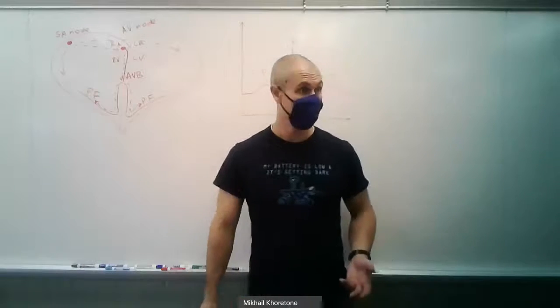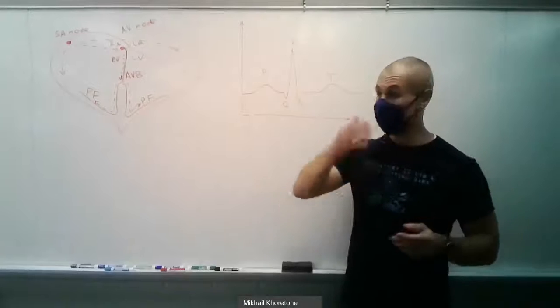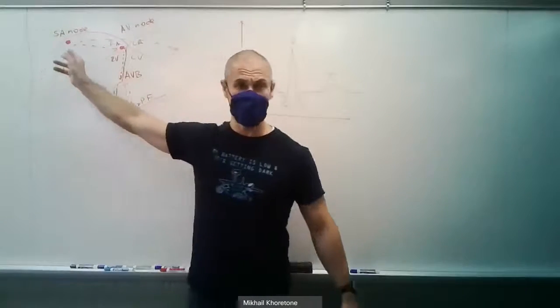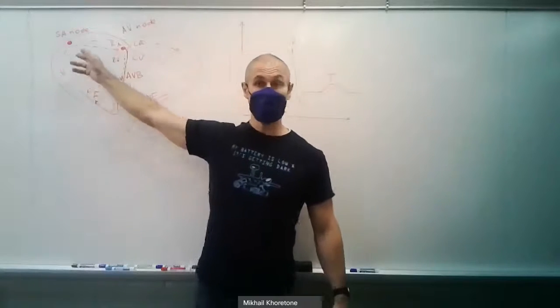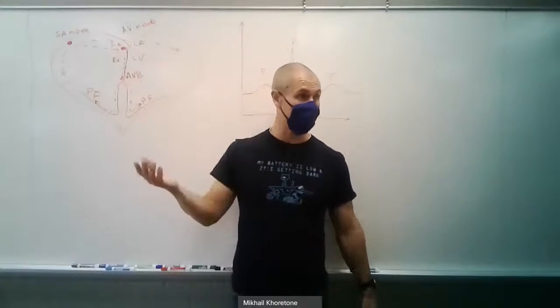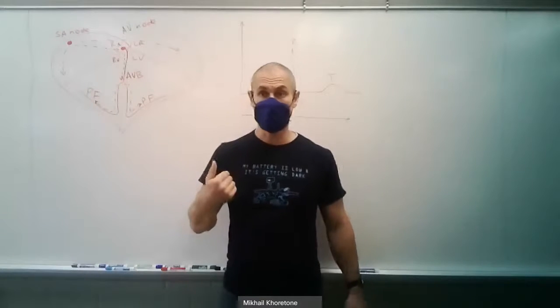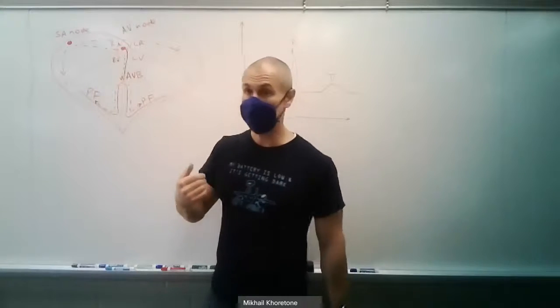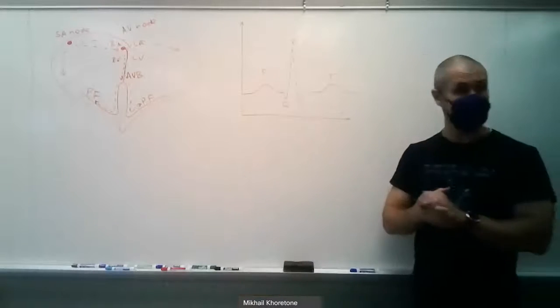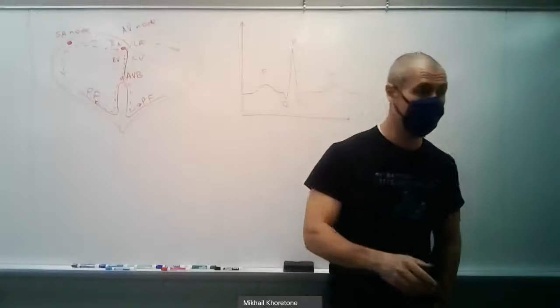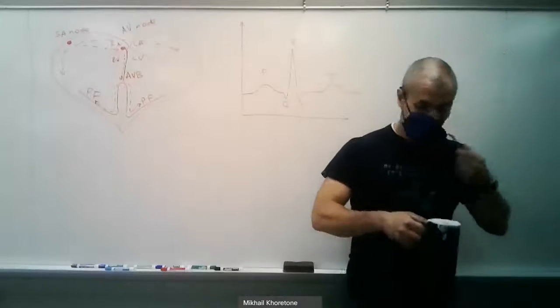anymore. But if the vessel that supplies blood to the area with the SA node is blocked, then cells that comprise the SA node can die as well, and SA nodes die, right? Or AV nodes die. Am I clear? Now, these were pretty bad conditions. Now, I want to switch a little bit, to something more regular